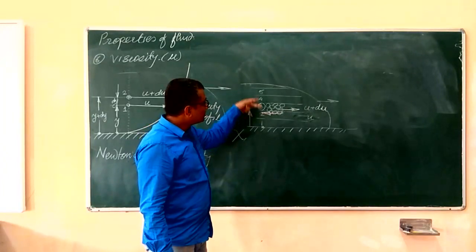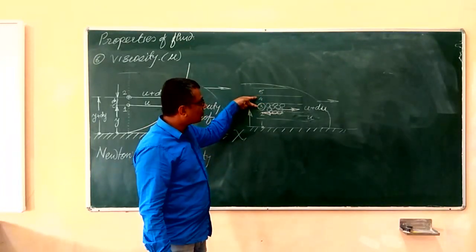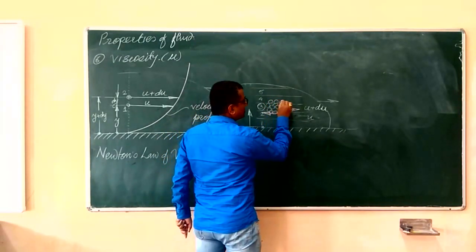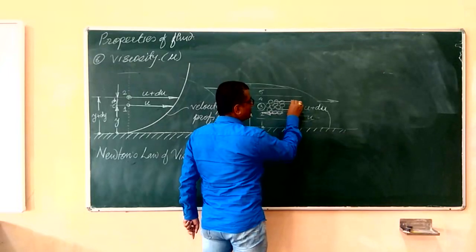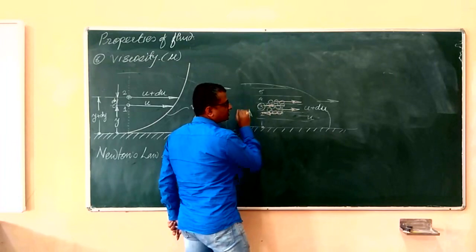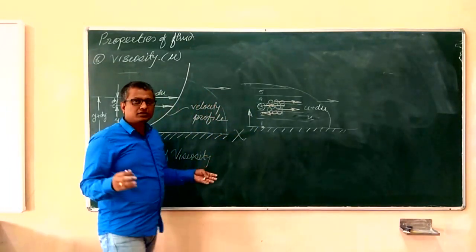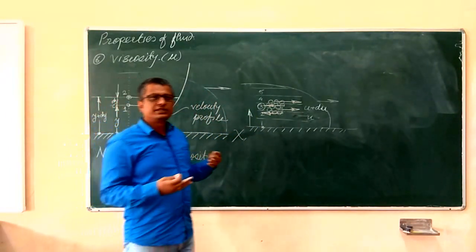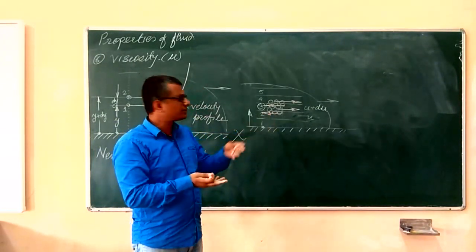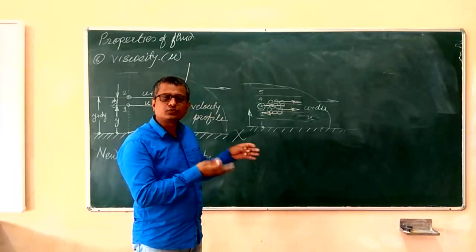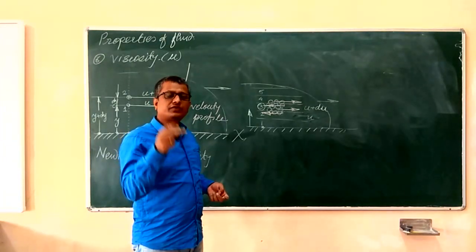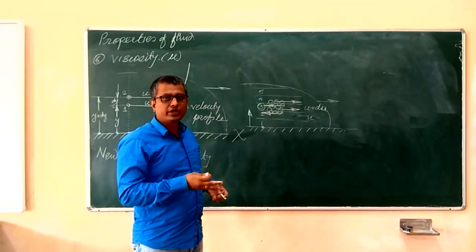In a similar manner, if you check out layer number 3 and 4, the molecules of layer number 4 will exert a tangential force in the forward direction, whereas the molecules of layer number 3 will exert a tangential force in the reverse direction. And in such a way, wherever the fluid is flowing, there exists a tangential force acting in between every two layers. Perhaps there will be an infinite number of layers sliding smoothly over one another, and in between every two layers there will be a tangential force acting on these two layers.